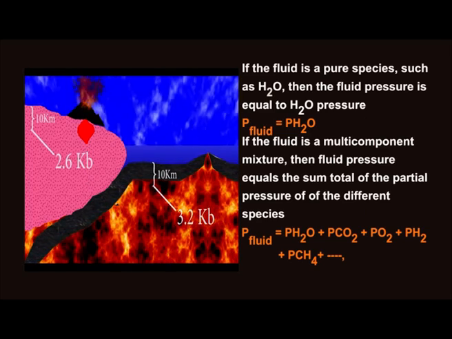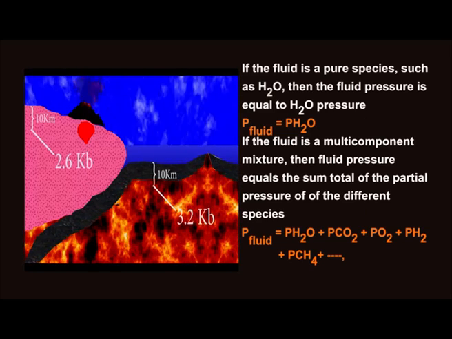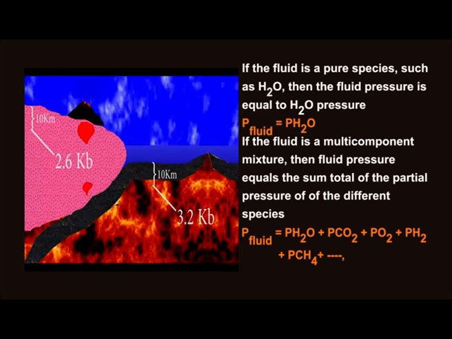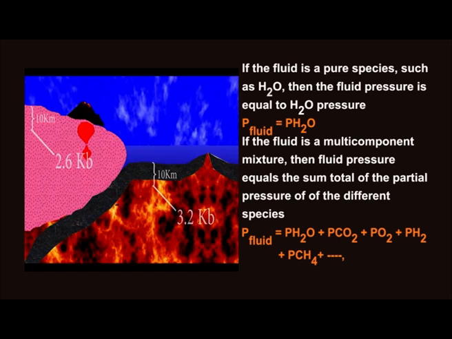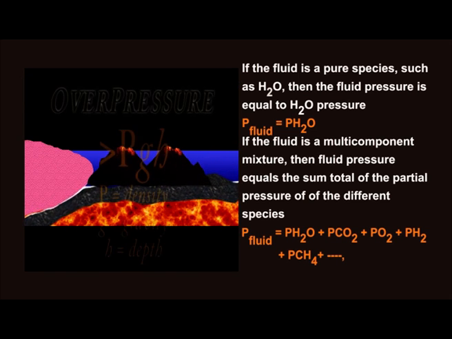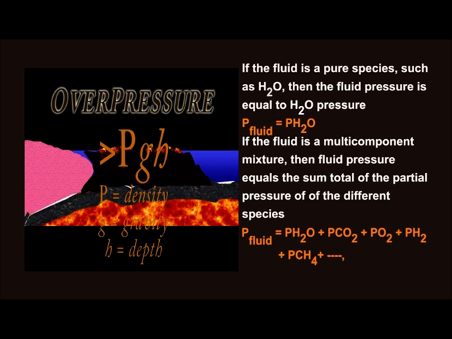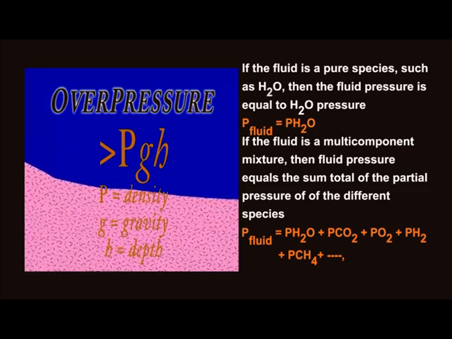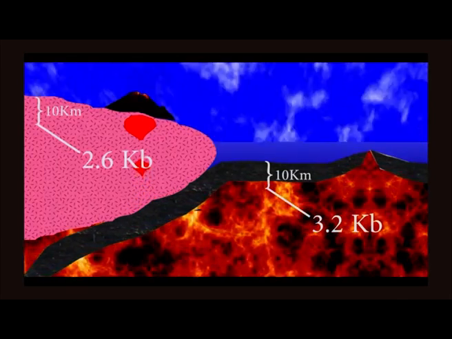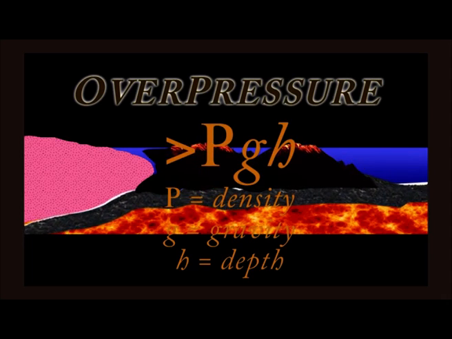If the fluid is a multi-component mixture, then fluid pressure equals the sum total of the partial pressures of the different species, like P fluid equals PH2O plus PCO2 plus PO2 plus PS2 plus PCH4 plus etc. Fluid pressure is generally believed to be equal to lithostatic pressure, P fluid equals P total, in